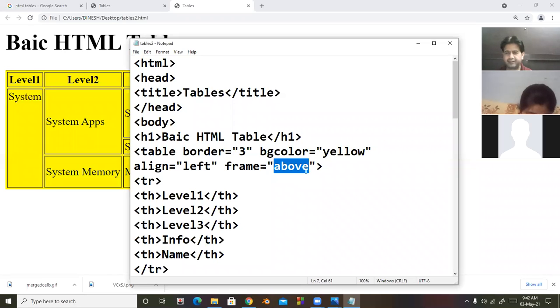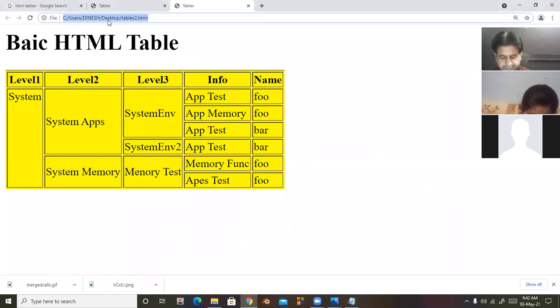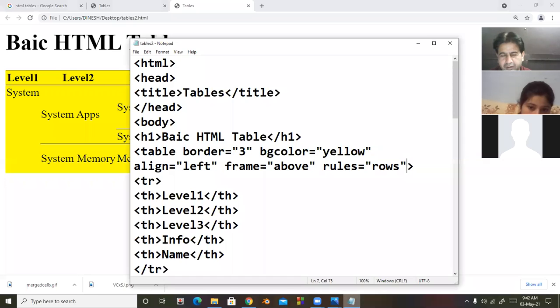Clear? And if I want to control internal lines, there is rules. Rules equal to rows. Look at here, only row lines are visible, your horizontal lines are visible, not vertical lines, only horizontal lines.